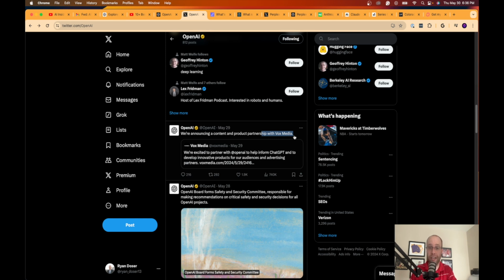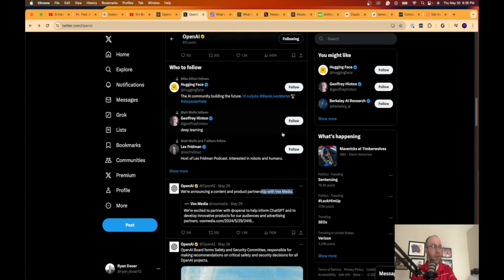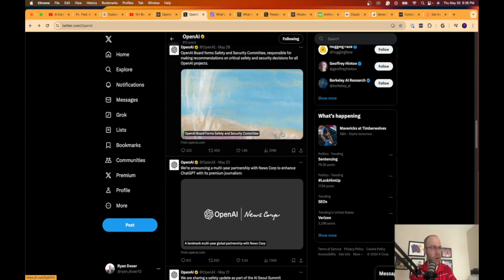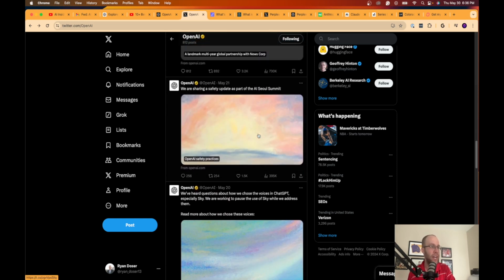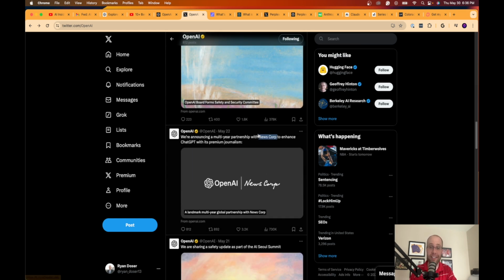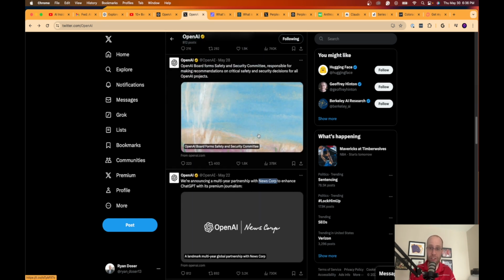Historically, they've partnered with Dotdash Meredith, Reddit, and the Financial Times. I believe they partnered with the New York Times after those ongoing lawsuits. And here's another one, they partnered with News Corp to enhance ChatGPT with premium journalism. So I would expect this to keep going, guys, as OpenAI is trying to formulate this new search engine to